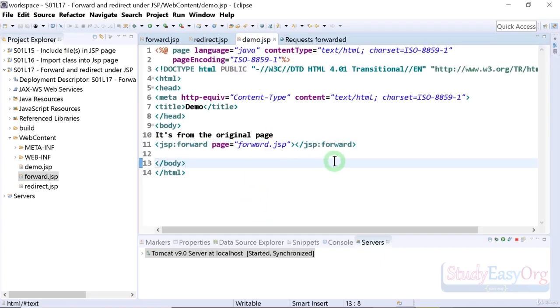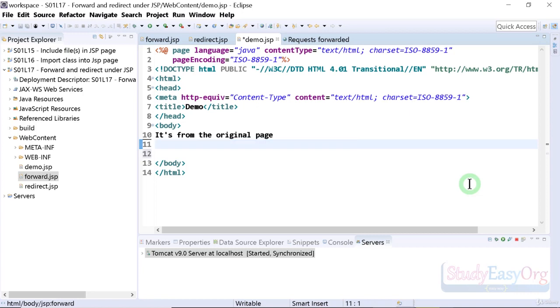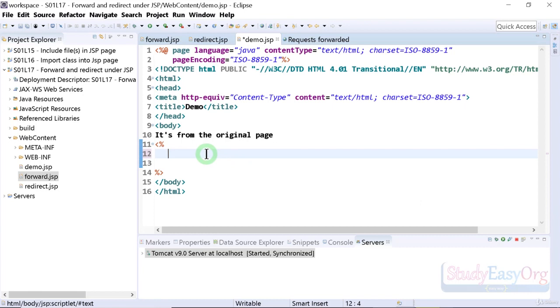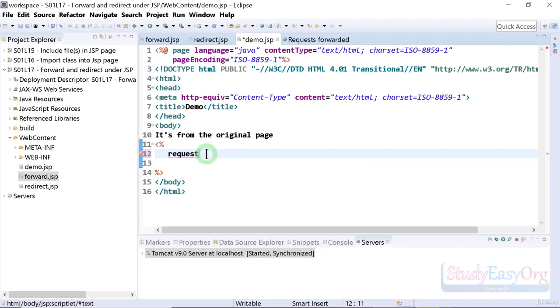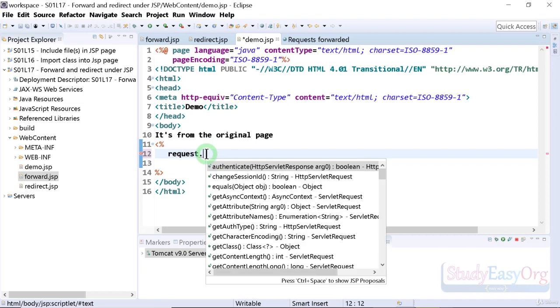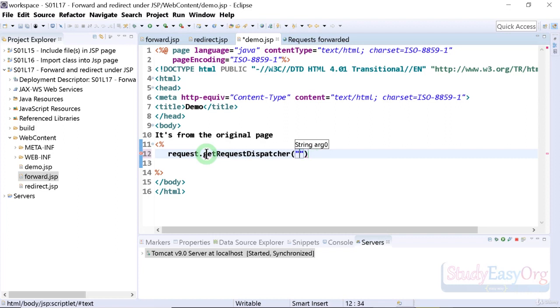Alright, now let's move forward and check how we can do the request forwarding and redirecting by making use of a generic piece of code which can be used in JSP as well as servlets. So in here I will get rid of this and make use of a scriptlet. Now friends, forwarding a request is again very simple when it comes to Java code. We will firstly take help of the request object which is already available to each and every JSP file. Then we will request the dispatcher. So we will take help of this getRequestDispatcher method and we will pass on the name of the file which is